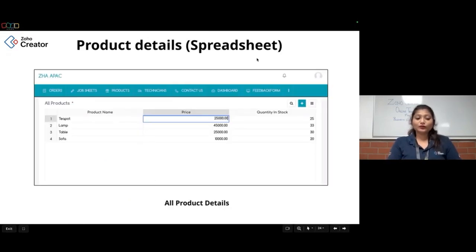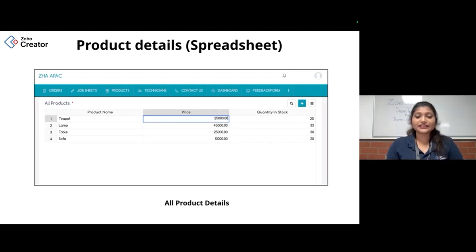And then we also have a spreadsheet report, where I can use the report exactly as a spreadsheet. In a spreadsheet you directly add all the data, right? The same can be done in your Zoho Creator application as well. If you have created a spreadsheet report, you can directly edit or add the data in the report itself.